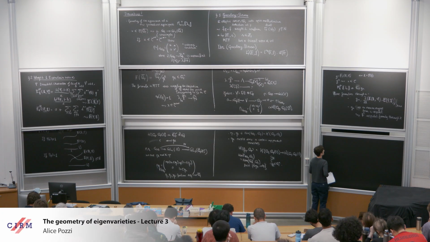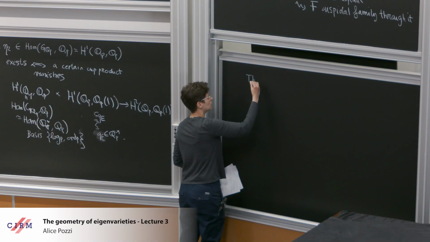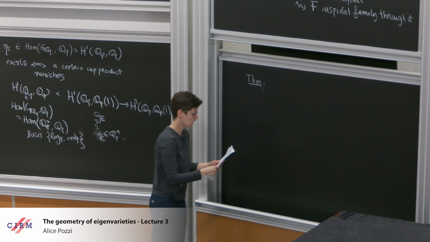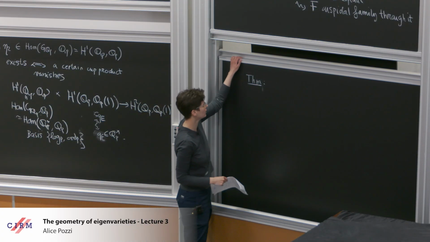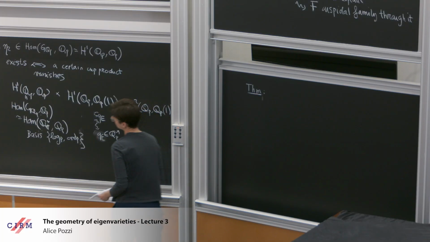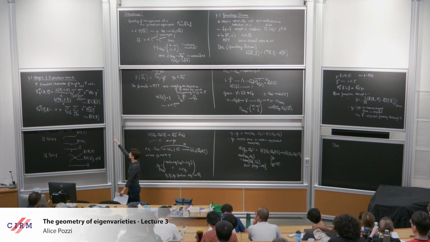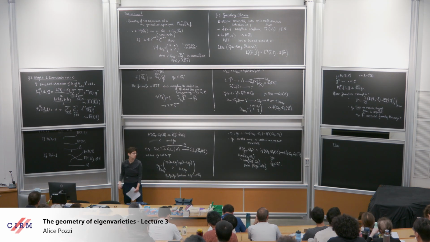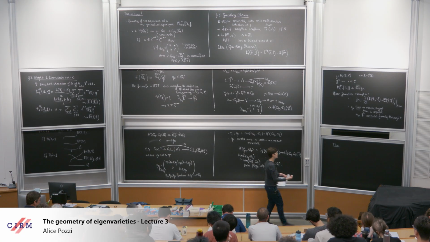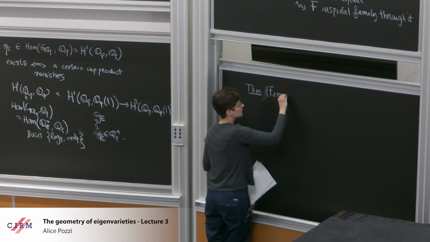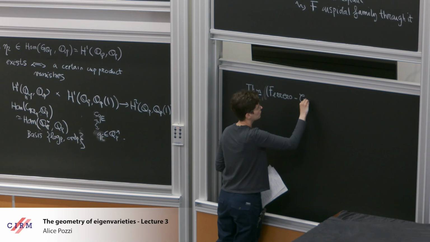So this is a setting in which there is a special value, an exceptional zero conjecture, which has been a theorem for a long time, that involves now a different p-adic function, which is exactly the one that shows up as the constant term of the first of the two Eisenstein series that I've written down, which has a very similar shape, though, to what we had before. This is a theorem of Ferrero, Greenberg, and Gross,